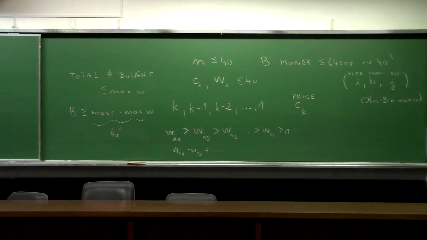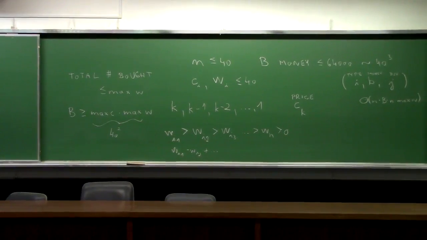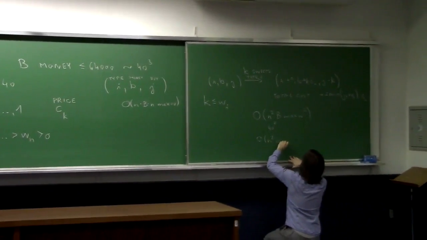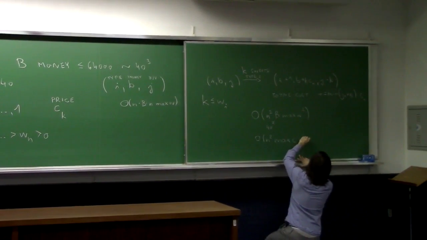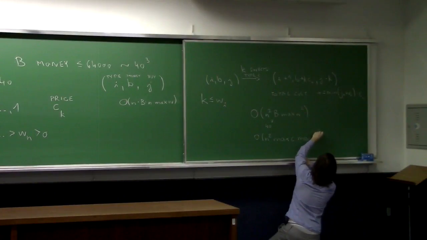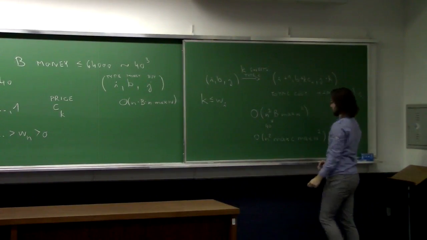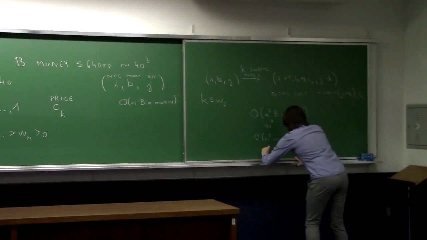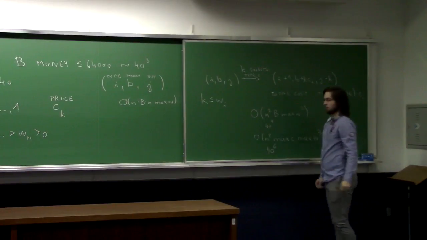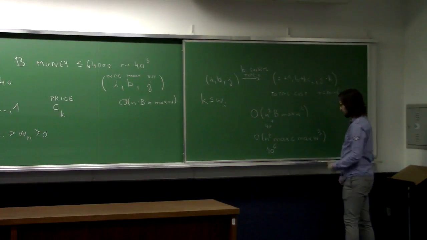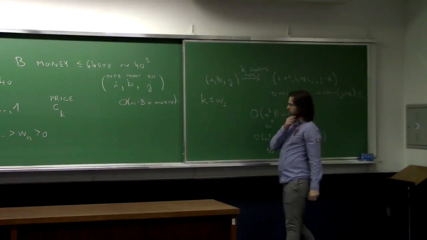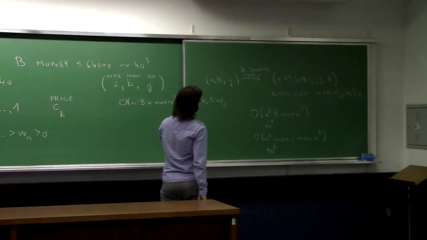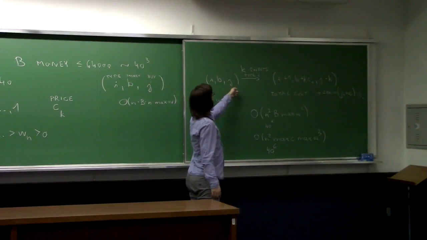So instead of 40 to the power of 7, we would have O n squared max C squared max W to the power of 3, and this is 40 to the power of 6. And this should be still too much. It would be better if we got 40 to the power of 5, and that's why we bound that total